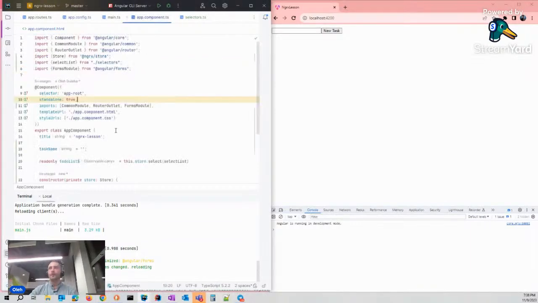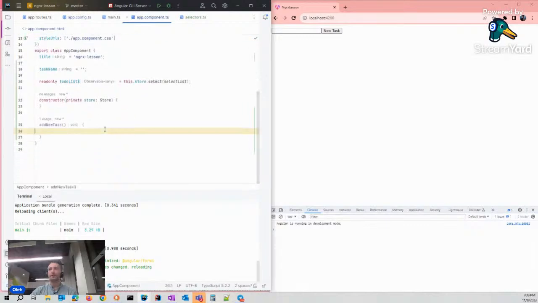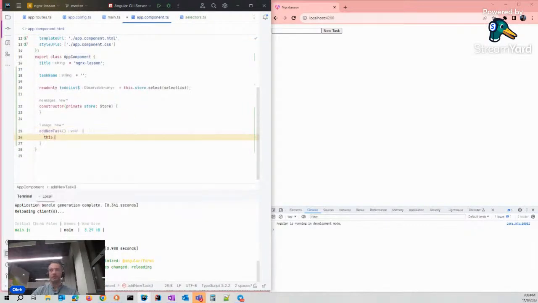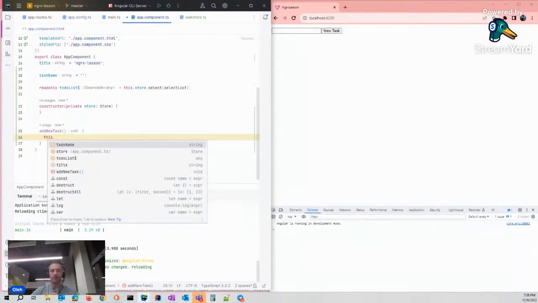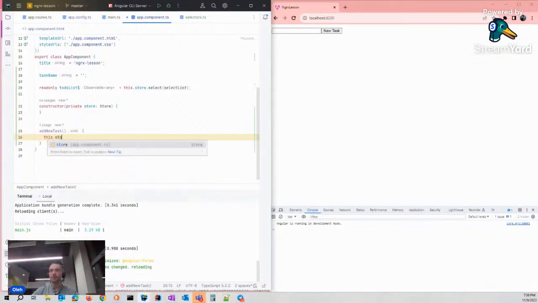And for now, we have to dispatch or send the action, or dispatch a new action that will signal to the store that we have to create something, we have to do something.